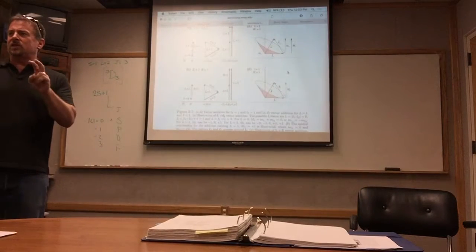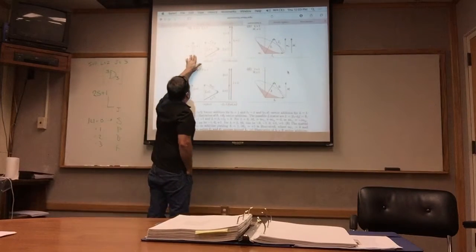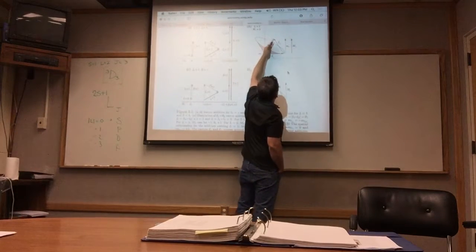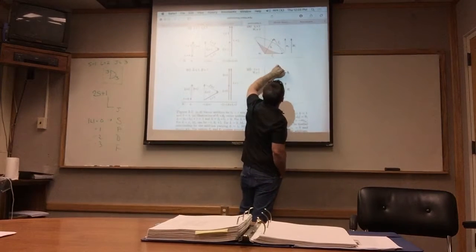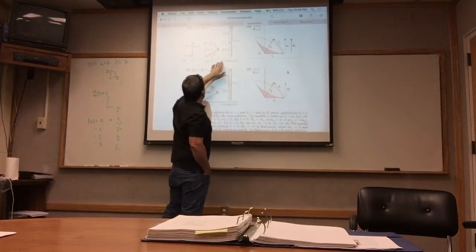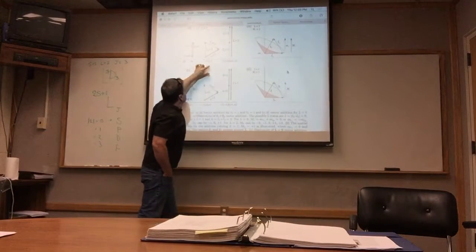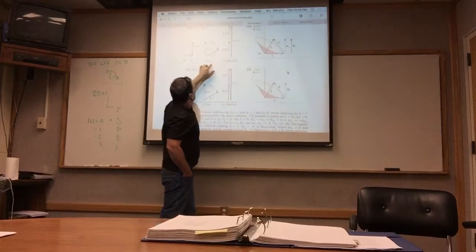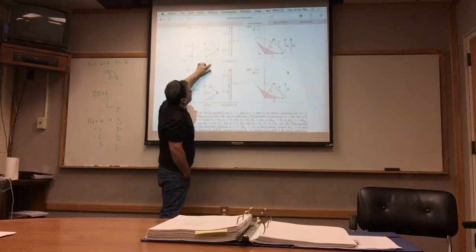So L is quantized and the vector sum is quantized. It's a little bit different than just your regular vector, what's the cosine theta stuff. All right. Anyway, that's what dictates these sort of geometric angles, and then you have, in this case, the angular momentum of the atom for electron 1 in the L1 state and electron 2 in the L2 state. And this is the projection of L on the z-axis for the case that m sub L equals 1, which is this condition that you're seeing, but just rotated. Well, this would be,